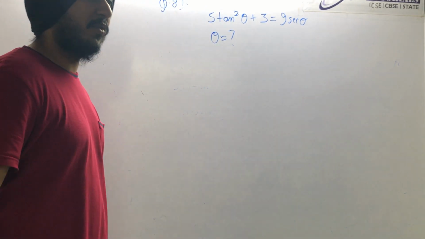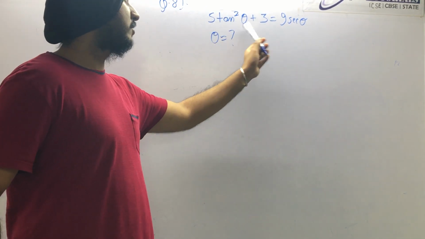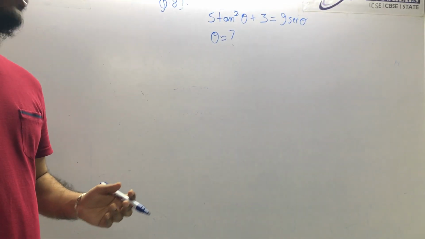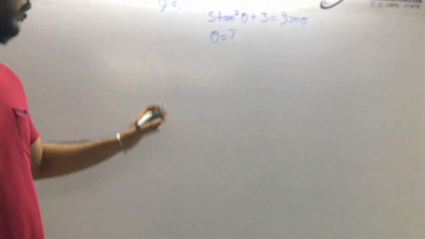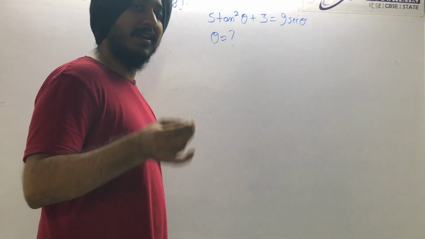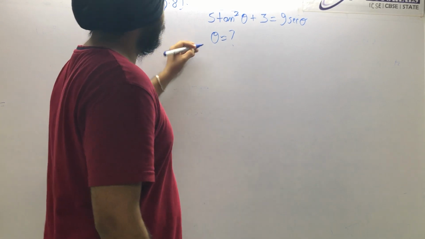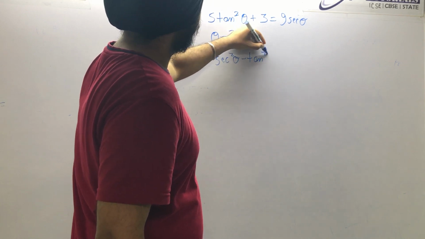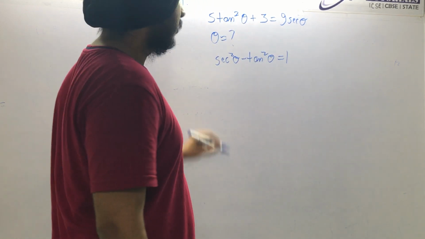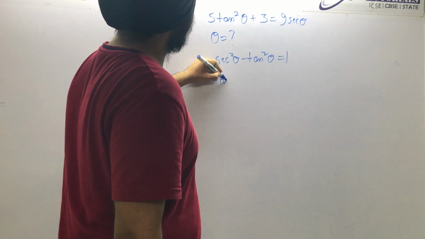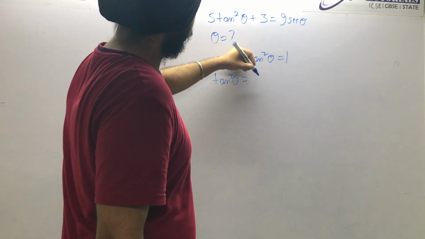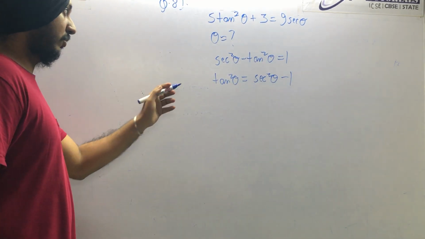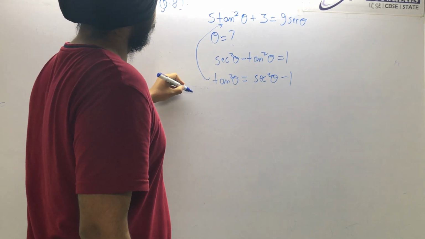Again, look carefully. There are two different trigonometric functions, tan square and sec. Tan and sec are two different trigonometric functions. So to simplify this equation, you will convert this equation into one common function. Either it can be sec, or it can be tan. So you know this identity. Right? So you can say tan square theta is sec square theta minus 1. Just substitute here. So 5